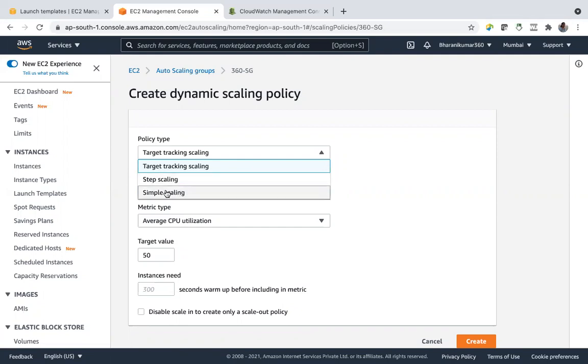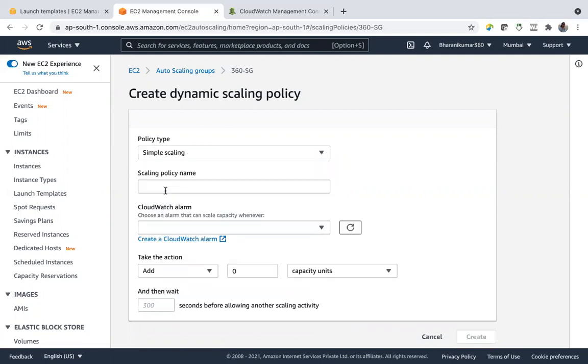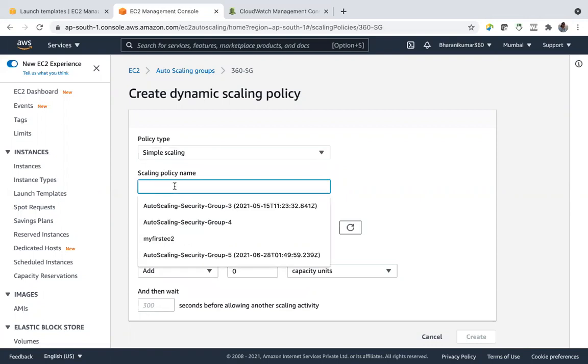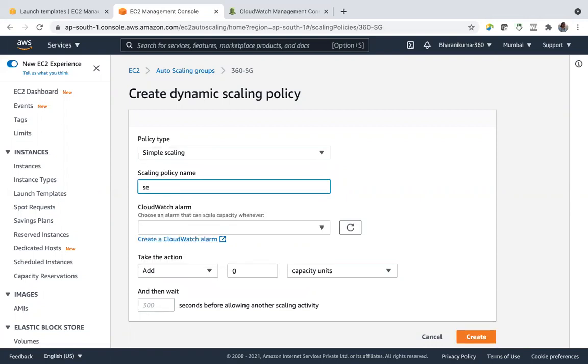Now let us go for simple scaling policy. So policy name, this is simple scaling demo policy.